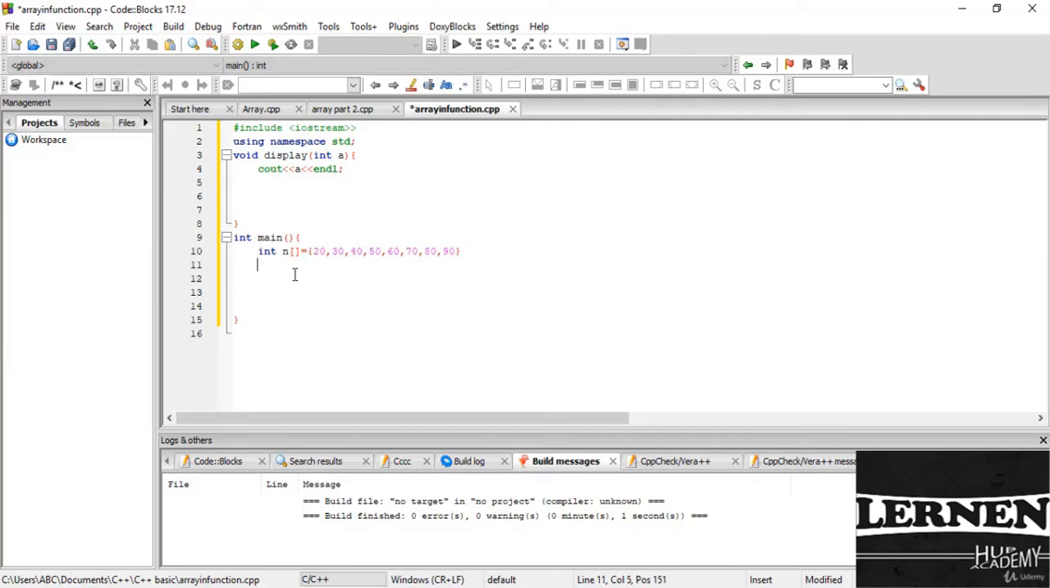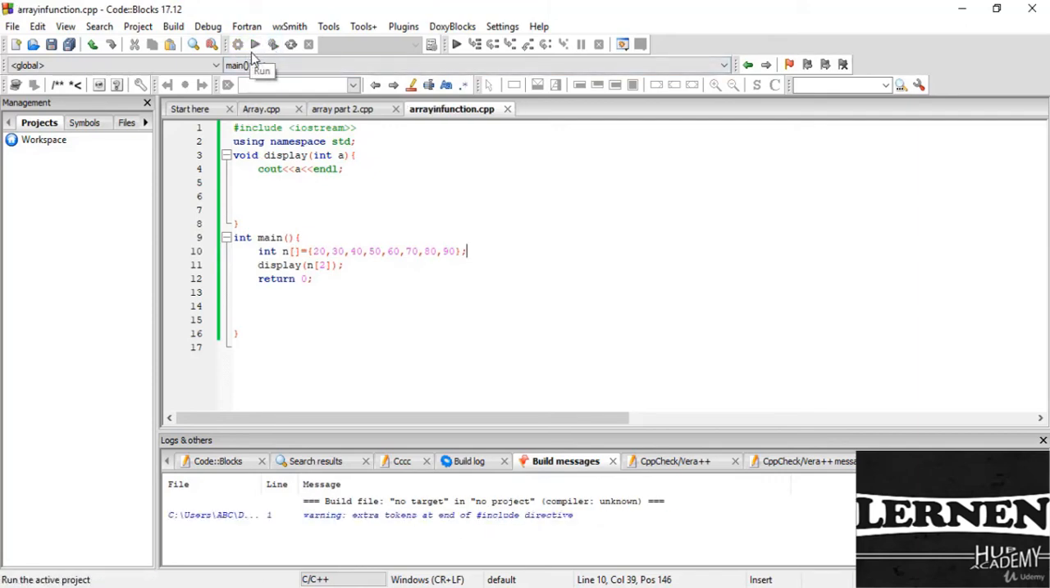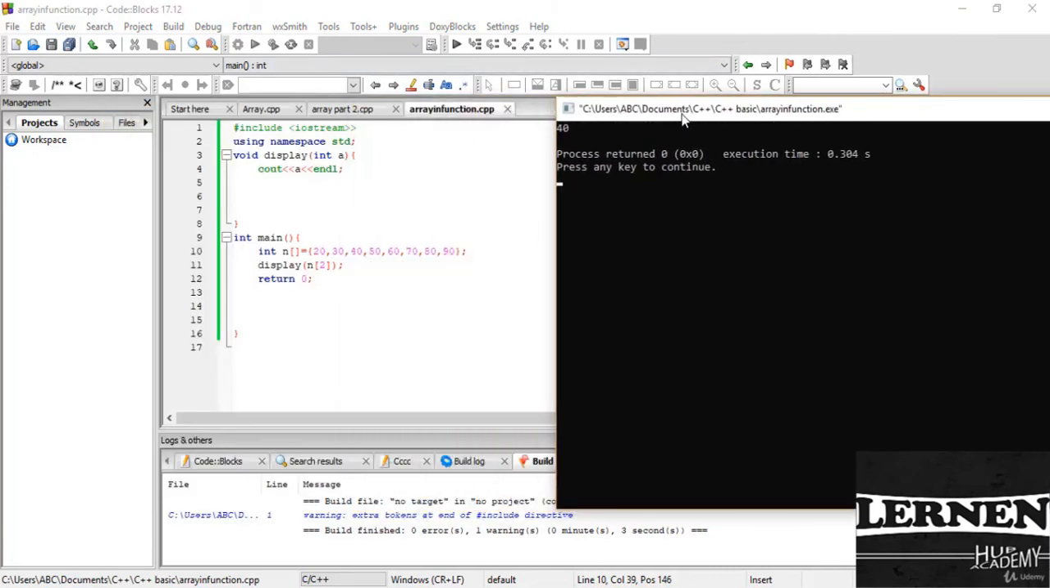Now here I just call a function, so display, and the display here is n of 2. Okay, and then close this code right here, and then I just write return 0, and close with the brackets, and yes, semicolon. Now I just run this code, and as you can see here, the array value on the index number 2 here is 40, so 0, 1